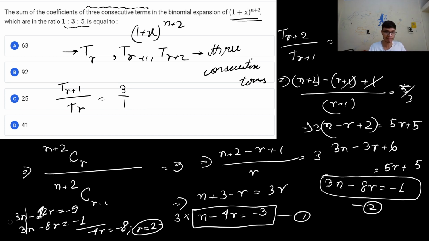दैट मीन्स that definitely implies that the second term, the third term, and the fourth term are the consecutive terms whose coefficients are basically in the ratio 1:3:5. ठीक है. So simple question में क्या पूछा था, r का वैल्यू मिल गया. So we have to basically find out the sum of the coefficient, and sum of the coefficient क्या होगा, is basically n+2C,